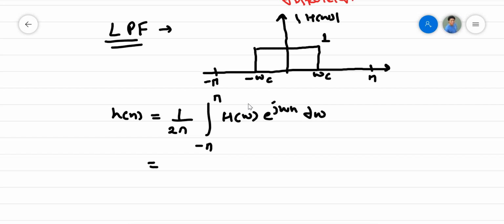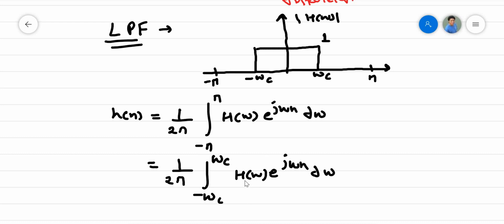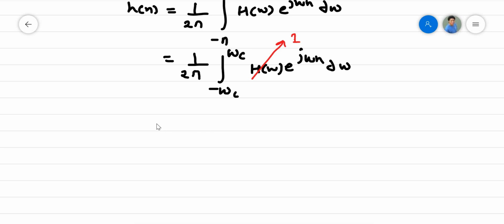Since H(omega) is only defined between minus omega c to omega c, we can rewrite this equation as the integral from minus omega c to omega c of H(omega) exponential j omega n d omega. From minus omega c to omega c, H(omega) is equal to 1, right? So we can write this as 1 by 2 pi, integral from minus omega c to omega c of exponential j omega n d omega,